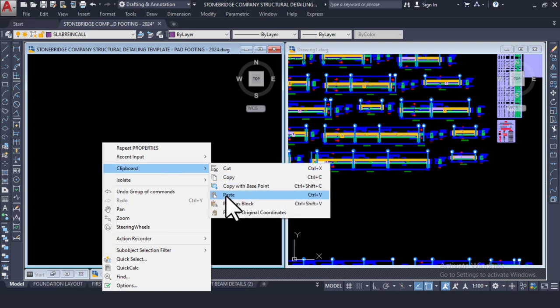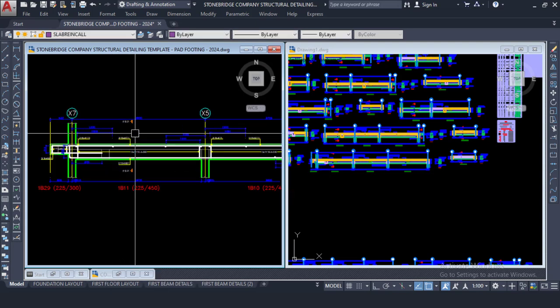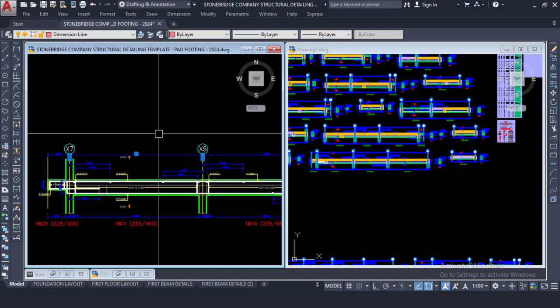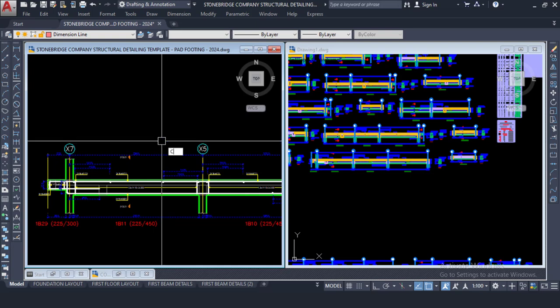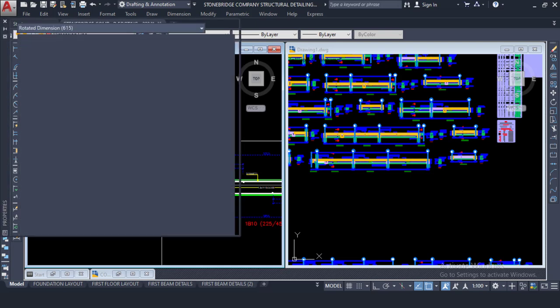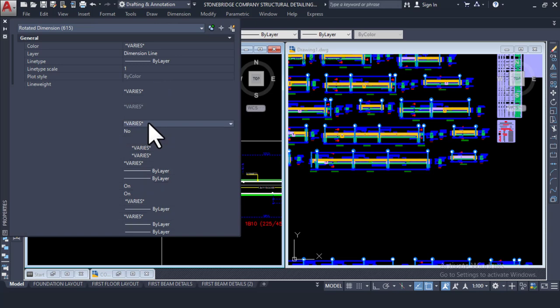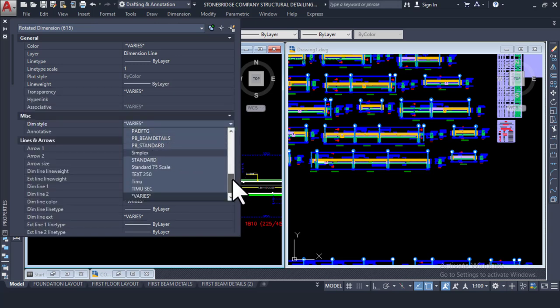This is just to repeat what I just did before. Paste it here. Come here, click on this. Right click here and then say match properties, and then come here, type CH, enter, and then come here under dim style, and then come here and choose what? End dim 50. Okay, this was set from the StoneBridge Template,